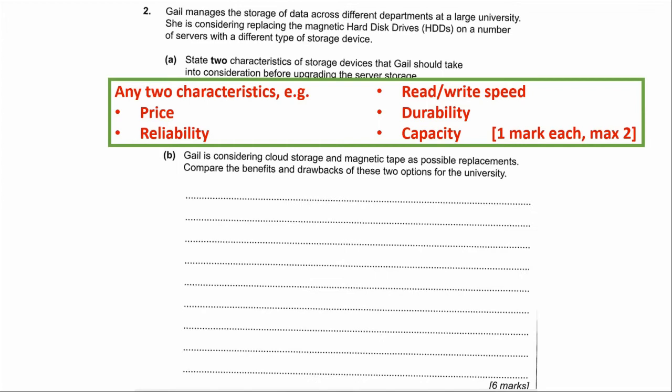So remember, magnetic tape is sequential, so it has to check every single item in a row in order to find the one you want. That's very good if the data is at the beginning of the magnetic tape, but it's not very good if it's at the end. So it's not very fast to find the information you want. Whereas cloud storage,